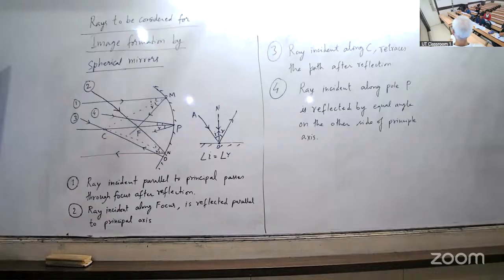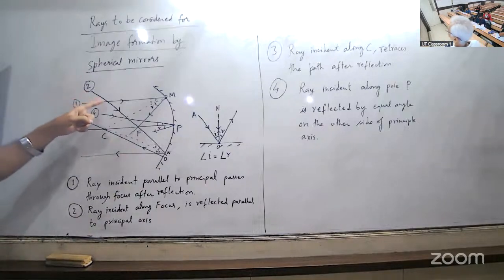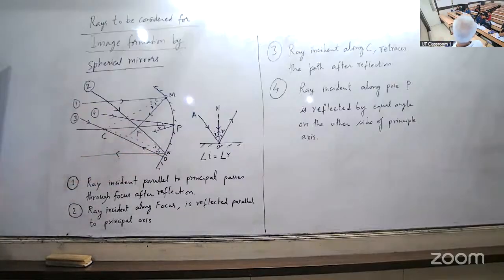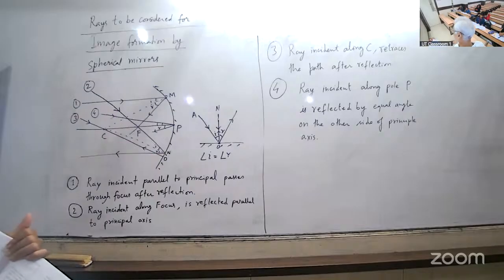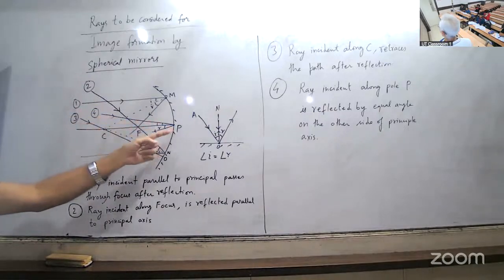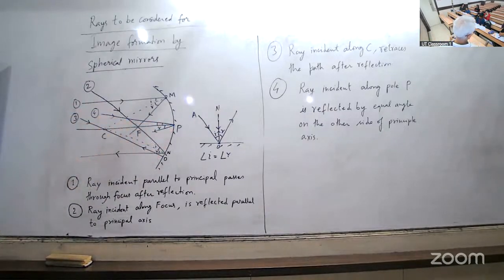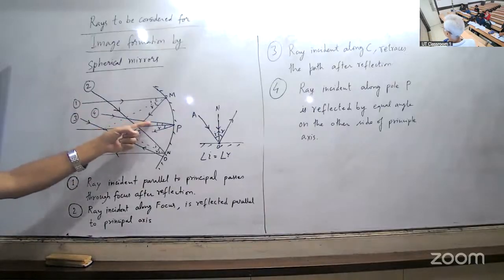अब देखो, फिर नेक्स्ट रे क्या है? रे पासिंग थ्रू द फोकस। यानी कि कौन सा है हमारे केस में? सेकंड वाला, रे पासिंग थ्रू द फोकस। और वो क्या होगा? पैरेलल हो जाएगा। रे पासिंग थ्रू द फोकस आफ्टर रिफ्लेक्शन पैरेलल। और वो कॉन्वेक्स में भी होगा। यहाँ पे अगर कोई फोकस की तरफ रे जा रहा है तो रिफ्लेक्शन के बाद पैरेलल। ठीक है। फिर लास्ट रे इंसिडेंट एट पोल। फोर्थ वाला, रे इंसिडेंट एट पोल will be reflected on the other side of the principal axis making same angle. जो यहाँ पे था वही इधर हुआ।